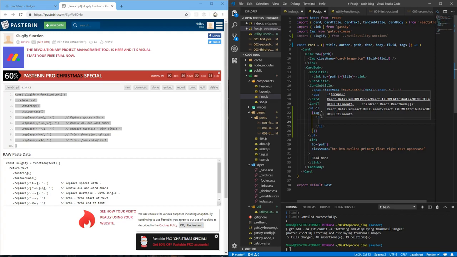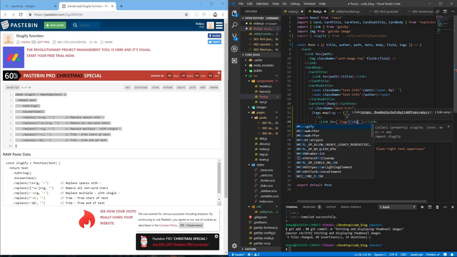So our li will have inside of it a link that goes to, let's do a template literal string, because we need to use a variable inside of this string. And let's do /tag/ and $, open curly braces to put a variable in the string, and let's do slugify